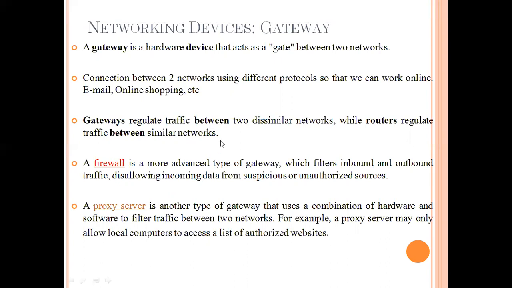Okay, for this, read this third line. This line is very important. Gateway regulates traffic between two dissimilar networks. Okay, means gateway ऐसे दो networks को connect करता है जो dissimilar है. Dissimilar in what way? Dissimilar in protocols. दो ऐसे networks जिनके protocols बिल्कुल अलग है. They are networked or they can communicate with each other using gateways. वहाँ जो device use होता है वो gateway होता है. Whereas if I want to connect two networks having the same protocol, I will be using router.